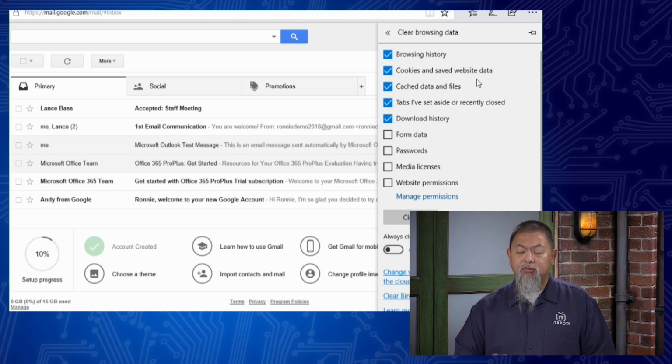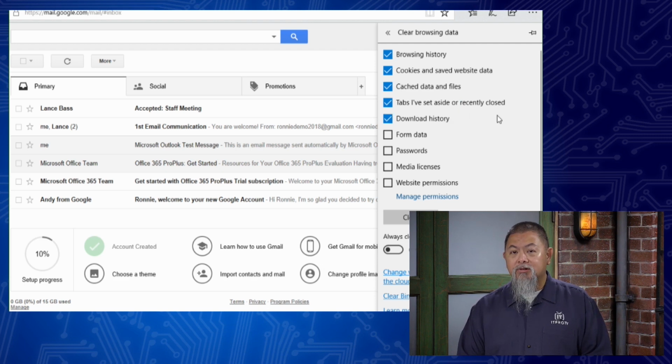Cookies are objects that websites put on our machine to let them know that we've been there before and that they can actually track us just a little bit in that sense. So we don't have to keep entering our credentials for different pages that they go to. Cached data and files. So whatever else is actually already pulled in to make things easier for us to browse, it can do that as well.